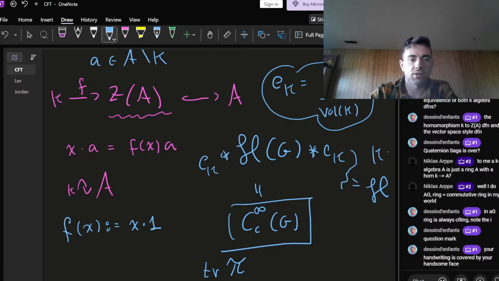I mean, we just have one prime, there's only one prime, and it should probably mimic the case of global fields, right? So we have our ring of integers O_L over Z_p, and our prime ideal is